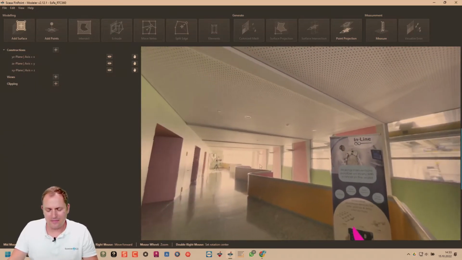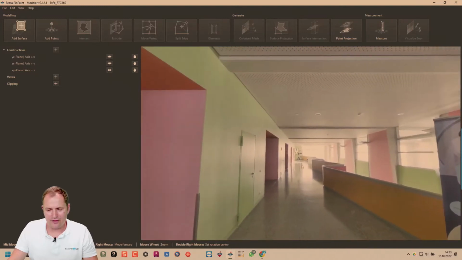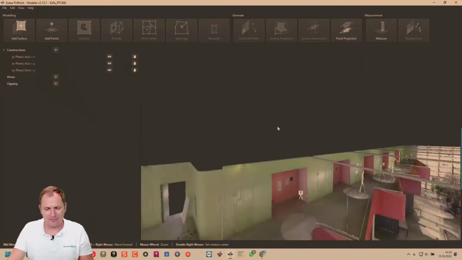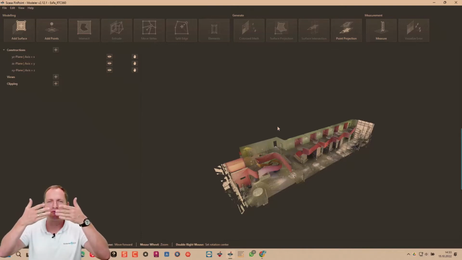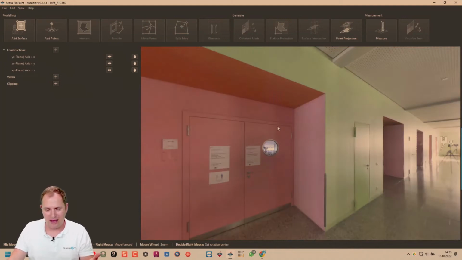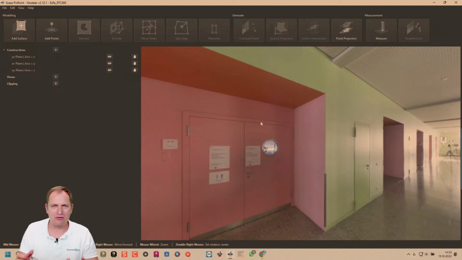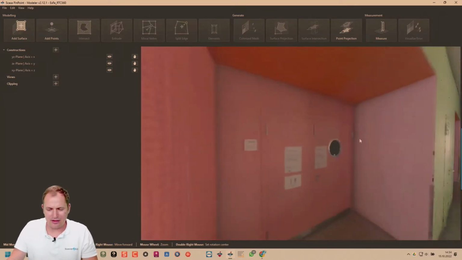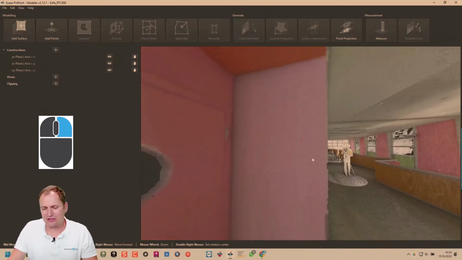If you like to understand where you are, you can always push the spacebar again, and then you fly out to the bird view again and you have an overview. If you push it again, you jump back in. So it's very easy. Whenever you get lost, whenever you are losing your control or you are not sure where you are, space, very simple.